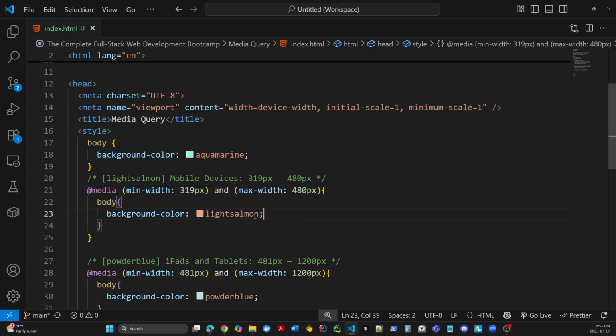And when you combine it with max, well, let's first start by defining what is max-width. Max-width is actually the opposite. Here we're saying anything that is 480 pixels and below, apply the styling. So in other words, min-width is saying anything from 319 and up. Max-width is saying anything from 480 and below, then apply that